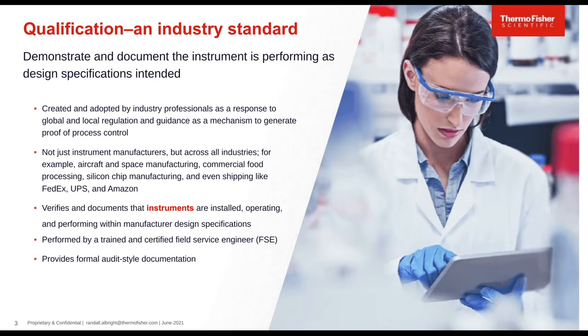Now, qualifications are not just the domain of biotechnology instrumentation. It has been accepted in a multitude of business segments ranging from aerospace, food processing, and silicone chip manufacturing. Even package shipping adopted the qualification. An example is Amazon. When they build out a local warehouse, they install what is called a conveyance system to move orders from fulfillment to logistics for delivery. They perform a qualification of the conveyance system and computer system validation of the software and computers that employees use